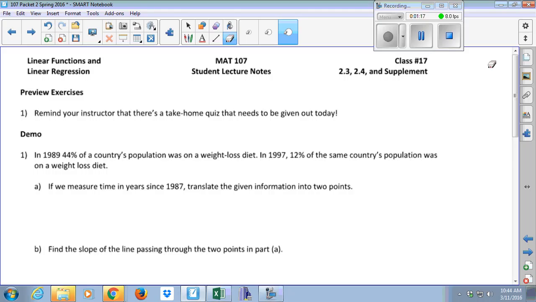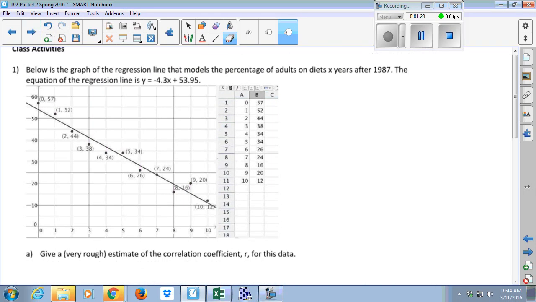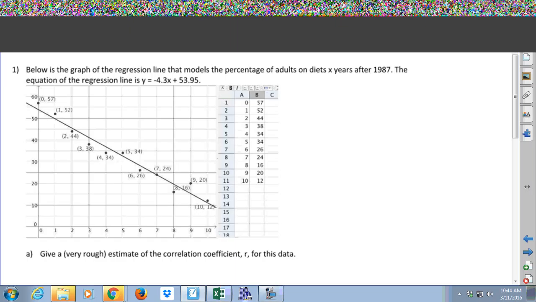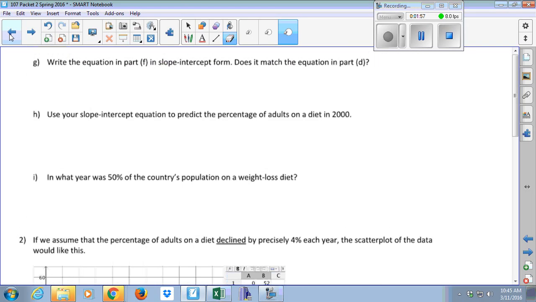For your class activities today, this is the order I would like you to do them in, just so that you have a chance to practice actually finding this regression line. So I'd like you today, when you write your class activities, to do 1, 2, 3, and then I really want you to get to number 8 before you leave class. So if time is starting to run out and you're on number 2, or you see you only have 10 minutes left, scoot right up to 8. Because 2, 3, 4, and 5 is just review of straight line stuff, which you've already done quite a few times. Okay, so let's start with number 1